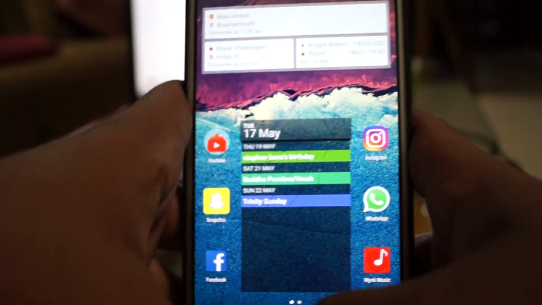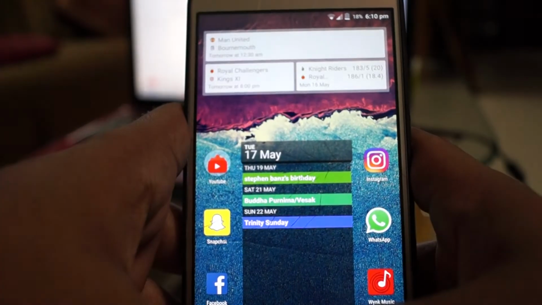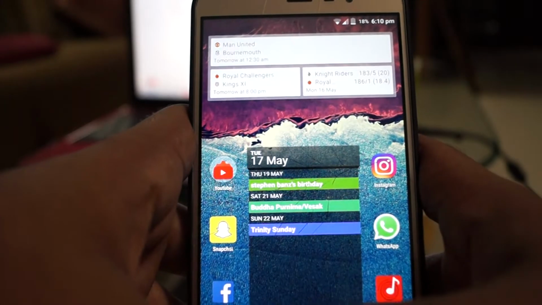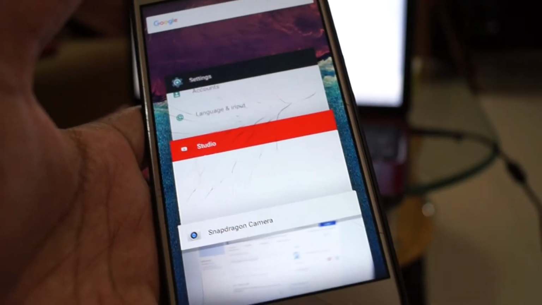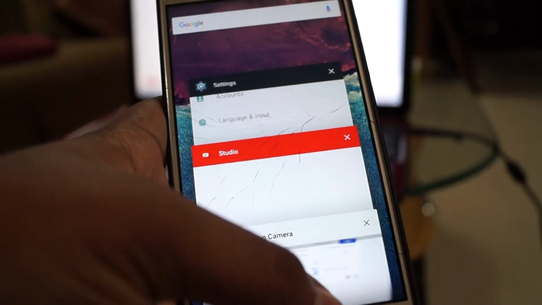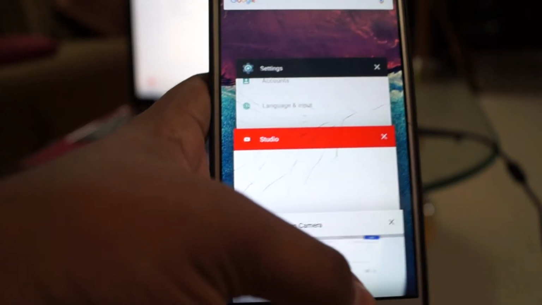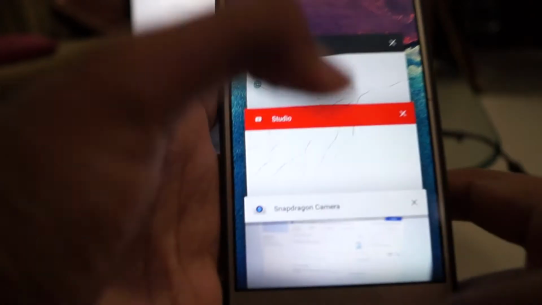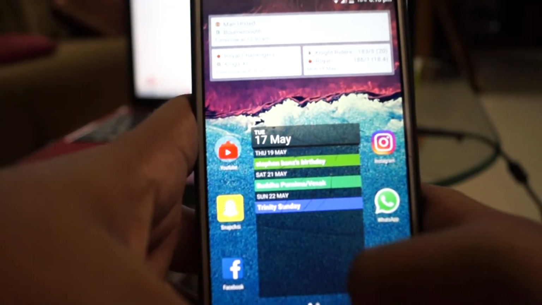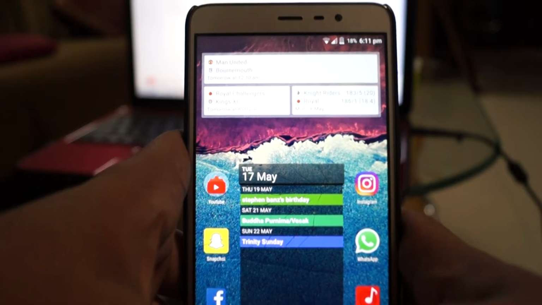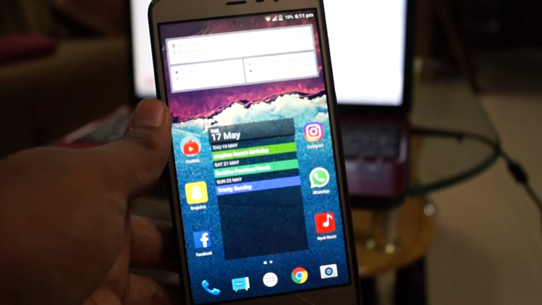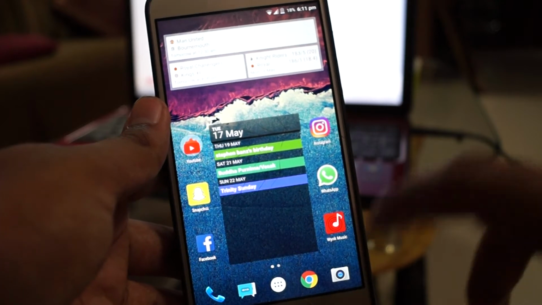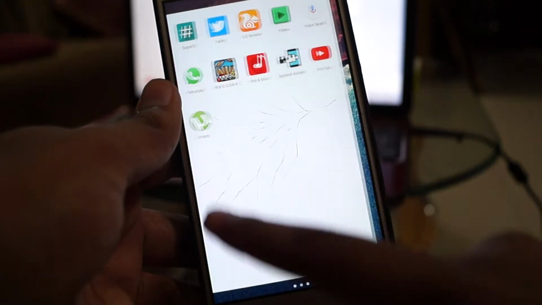You won't have any app reloads or whatever. But as I told you, when you jump from one app to the other with a lot of apps in the background, that will be the issue. If you have five to six apps, that is not the issue. And that bug happens only sometimes, so I hope they will fix it in future updates. Talking about updates, you won't get any OTA updates in this ROM. I think you have to flash this ROM manually, so that's a big issue over here.